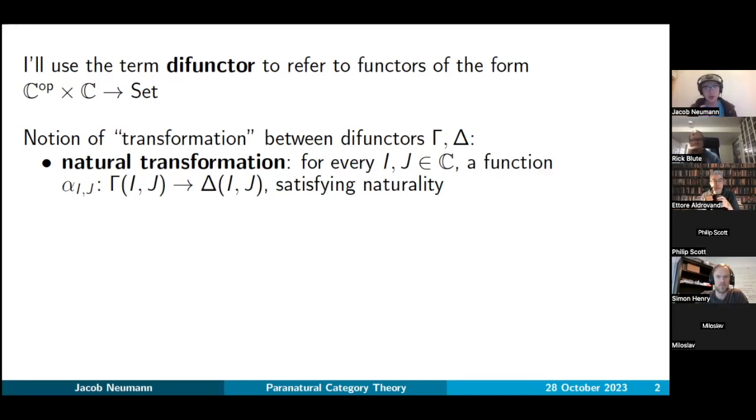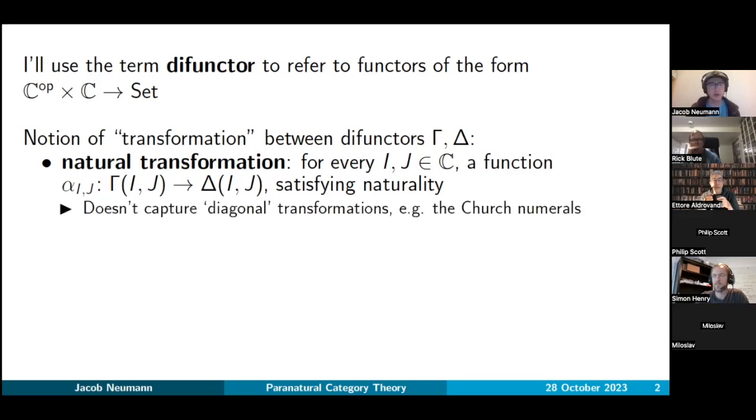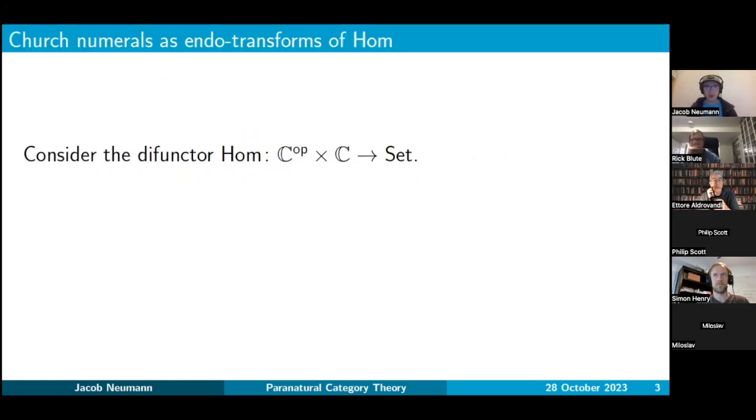In some cases, we don't want to index twice over the objects of the category. We actually only want to index once. And so natural transformations are not the right concept when we're interested in kind of diagonal transformations. An example of this would be if we try to do a category theoretic treatment of the Church numerals. A kind of canonical example of a difunctor for any category ℂ would be the hom functor, which is, of course, contravariant in one argument and covariant in the other. And so this is a difunctor. And so if we look at endo transformations on this hom difunctor,